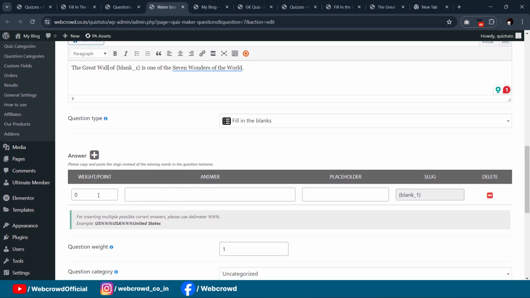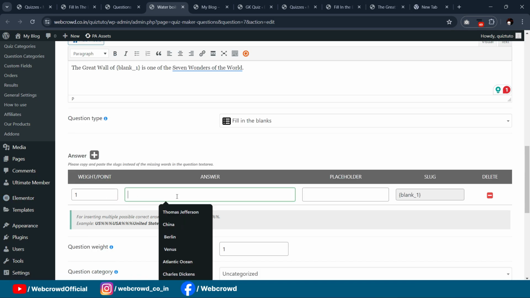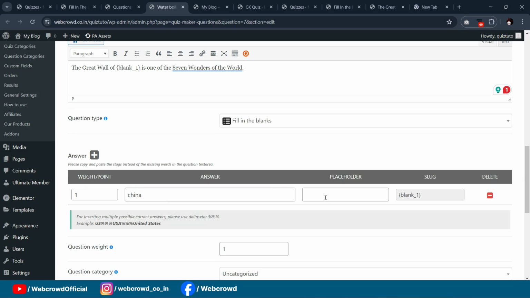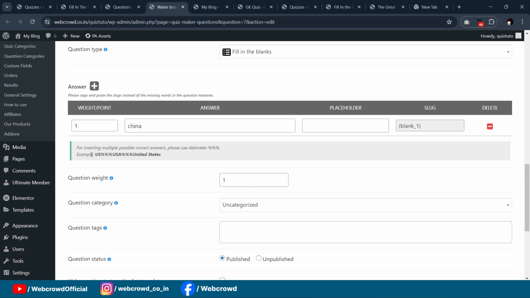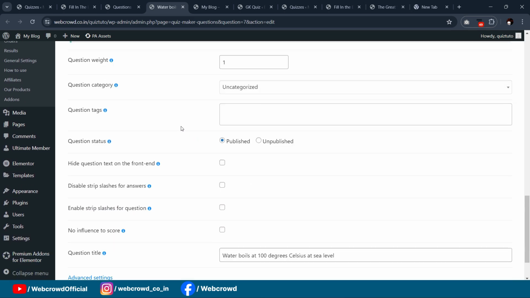Okay, we all know. So give weight to 1. Here we will have the 1 field only, and the answer is China. Okay, you can set the placeholder or leave it, and here the question weight will be 1. Also you can insert the multiple